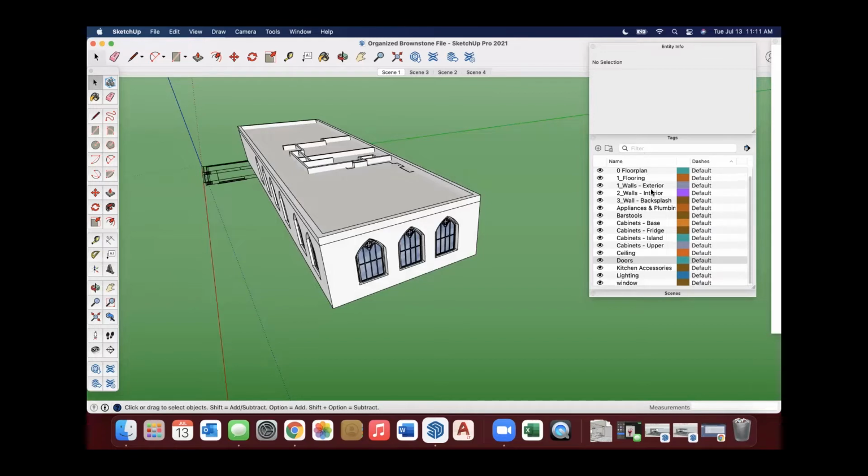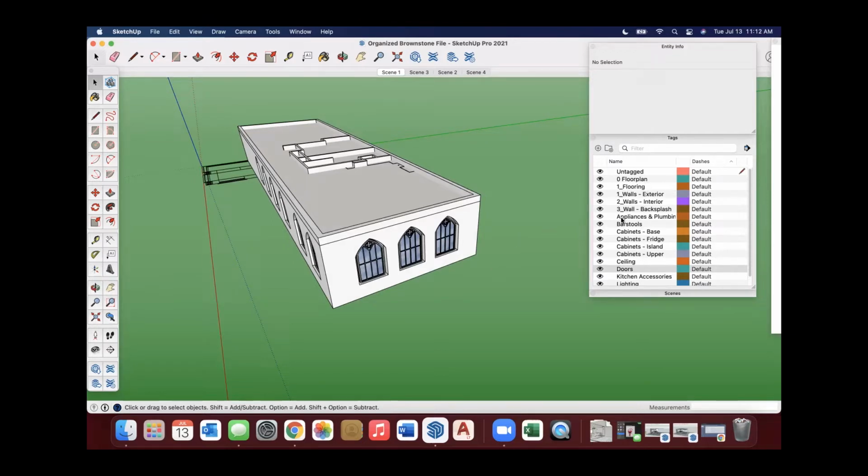Below that, we have tags. Another terminology that I myself might use interchangeably is layers, because in so many different programs, such as AutoCAD and Revit and Photoshop, the common term is layers that we use to organize all the different layers that we're using to create our models. SketchUp in its recent versions has switched that terminology to tags. So please know that if I accidentally say layers or you hear it used by somebody else, tags and layers are really the same thing. You're tagging an item and identifying it and applying it to a layer, basically.